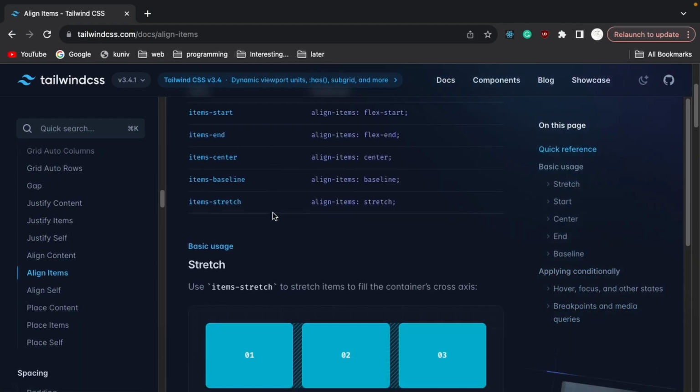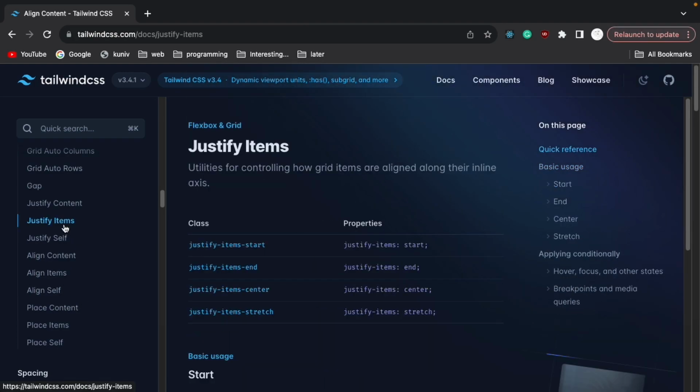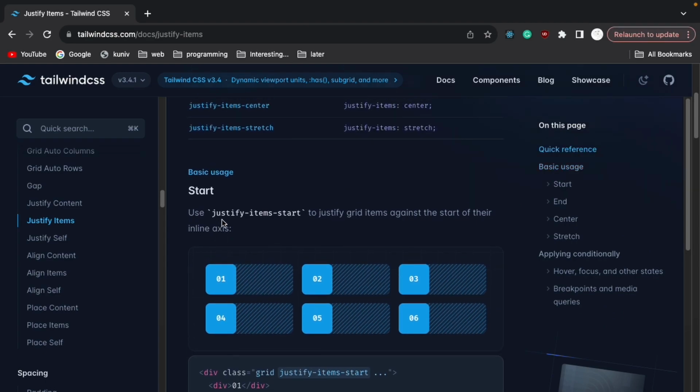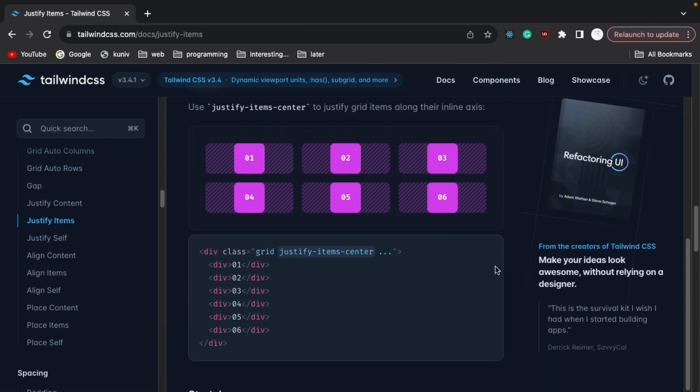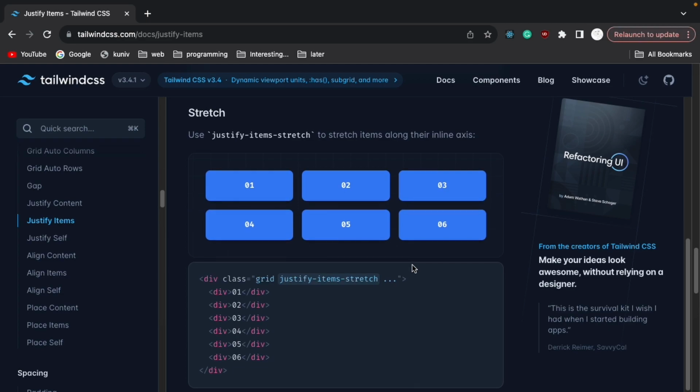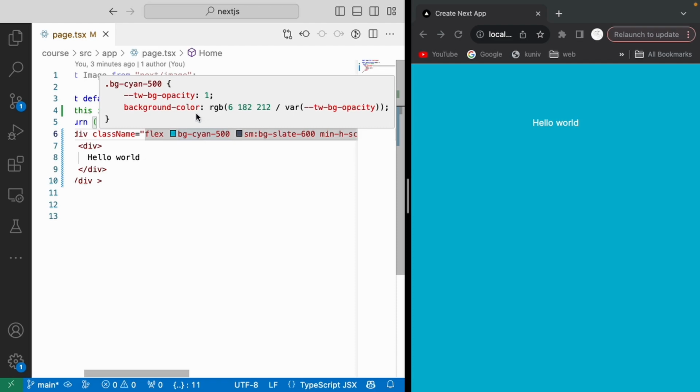I want align items, for example, not align items but justify items, okay. It says that if I do justify item start, they're going to align to the left, the end to the right, the center to the center, and so on. And if I hover over the inline Tailwind CSS styles, I can see what it's doing in the background, the CSS it's creating